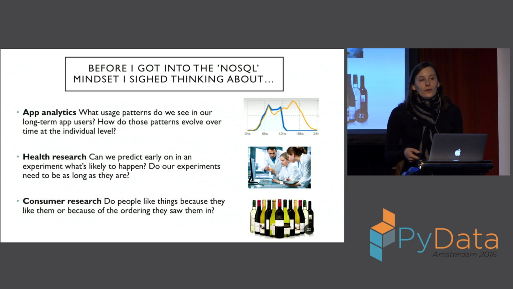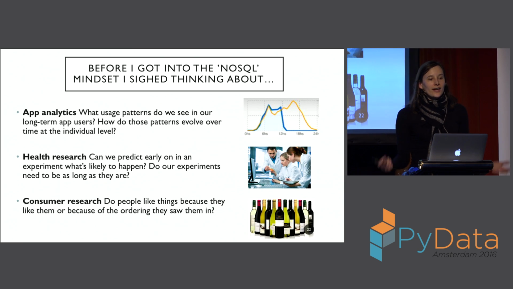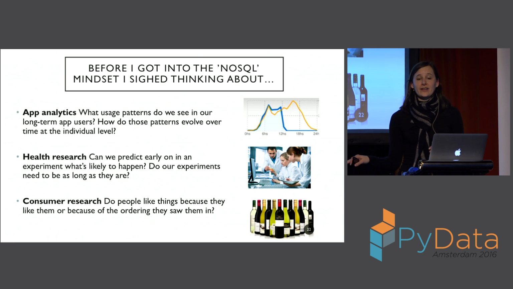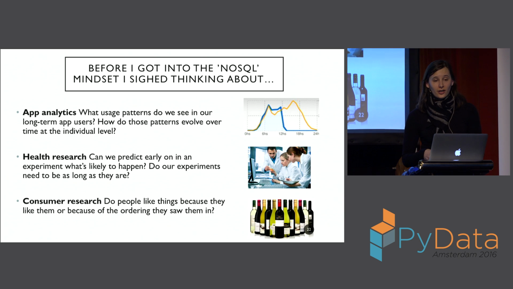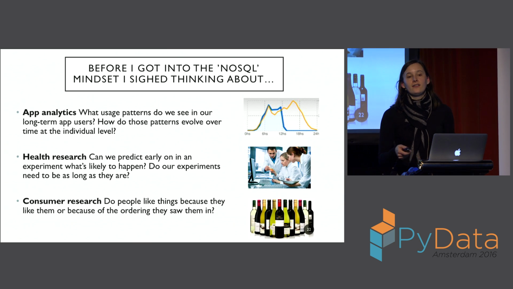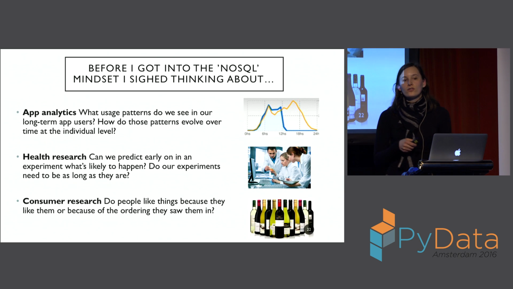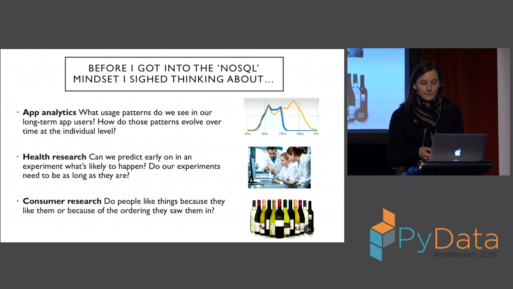Similarly, consumer research. If you don't know, you probably haven't worked in consumer research, but people like different things purely depending on the order they see them in. You might show me a dress, and if it's the first thing I see, I'm like, ugh, that's a crap dress, I don't want that dress. If it's the fourth thing you show me, I might fall in love with it. I mean, that's just sort of how malleable the human brain is. So if you're working in any sort of field that's related to telling people what they like or figuring out what people like, you too should be paying more attention to the order things happen in.